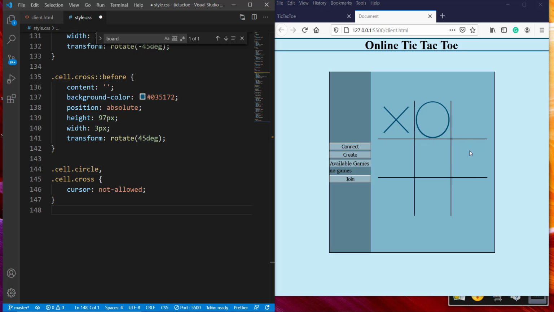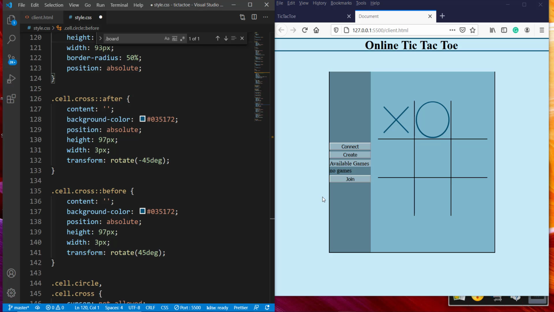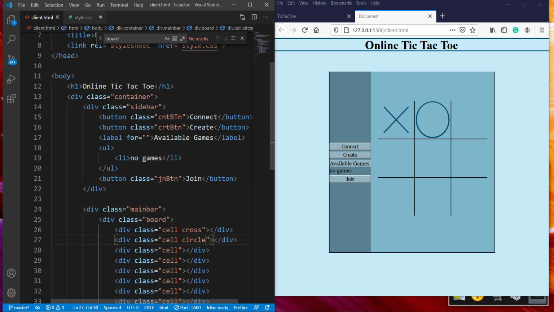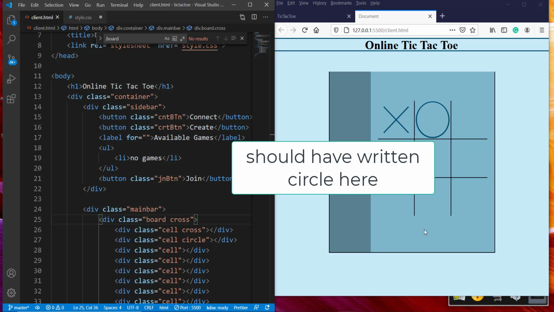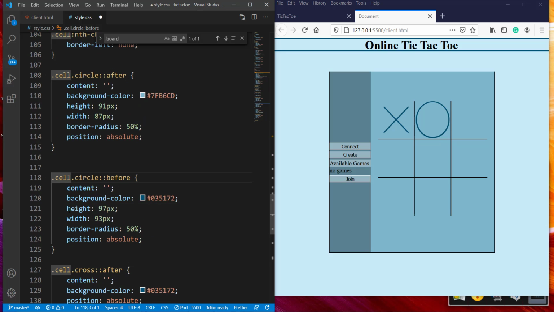Now the next part is we want this cursor to turn into an X if it's player X's board, and we want this cursor to turn into a circle if this is the other player's board. And how do we do that? We basically have to define the same before and after elements again, but this time the before and after elements of the hover class. And how do we know if this is the player cross's board or the player circle's board? For that, if the player is cross, then this board has the cross class as well. Because this board has a cross class, we want to see a circle when we hover over these empty cells. So this is cross, we'll move to circle. We want all these same styles to appear for the board with